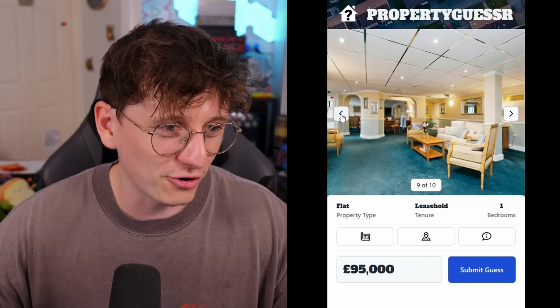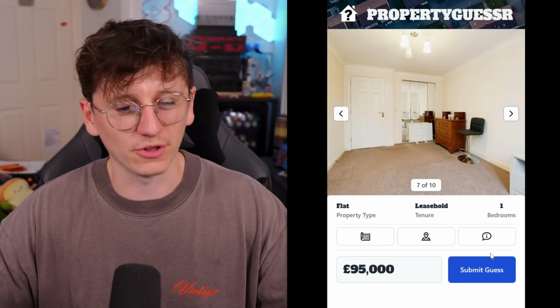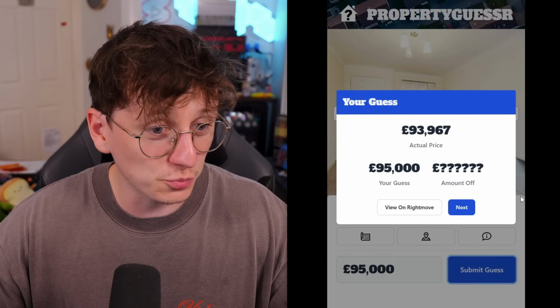But houses everywhere are very expensive. 1 bedroom. Do I go with that? It's all shared stuff. Maybe it's even lower. It's in the city of Durham, though. I'm going to submit it. Let's see. The actual price...